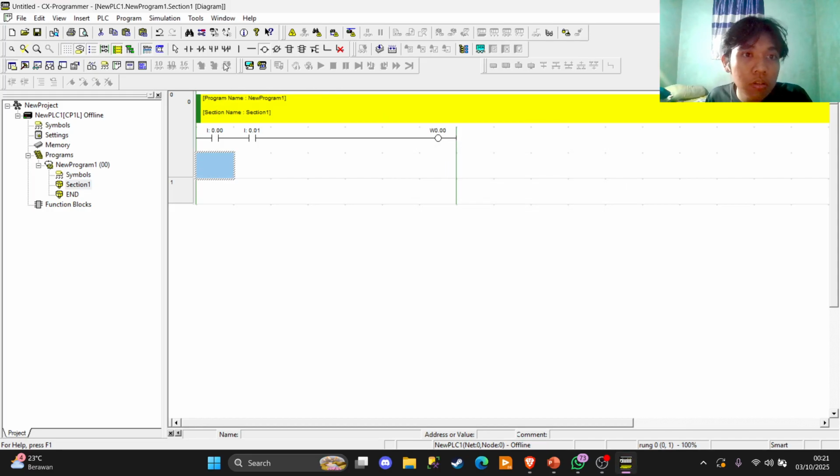And the input here is the same as the output.